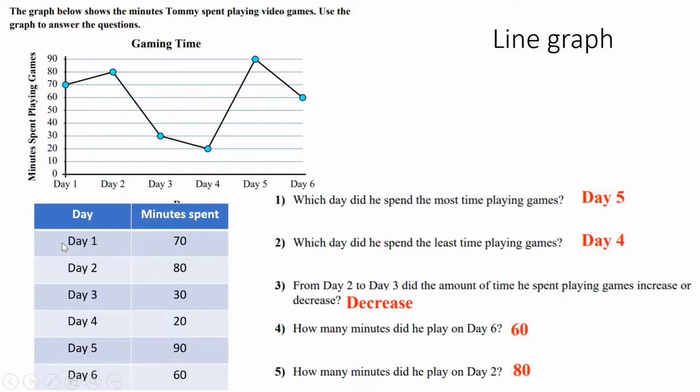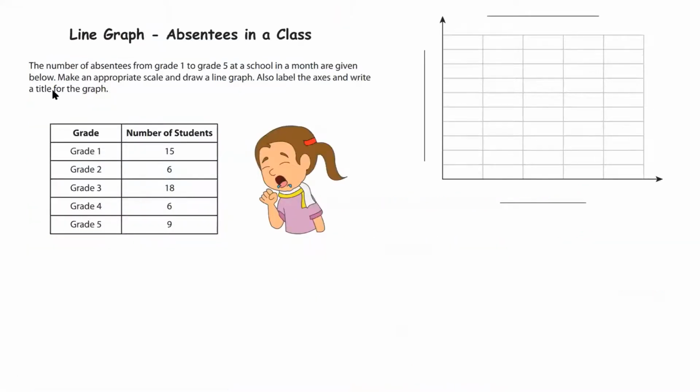Let's see now how to draw a line graph. Here the data is given. You have to use this data to draw the line graph. It shows grades and number of absentees in a class. So grade 1 has 15, grade 2 has 6, grade 3 has 18, grade 4 has 6 and grade 5 has 9 students absent in a month. Okay, so on the x-axis you can plot the grades: grade 1, grade 2, grade 3, grade 4